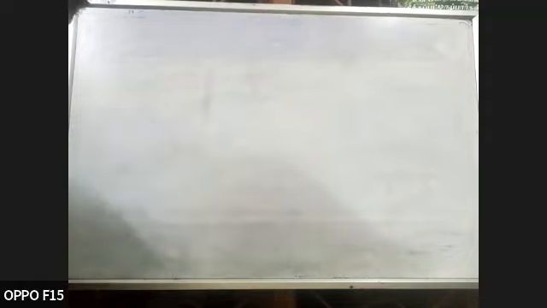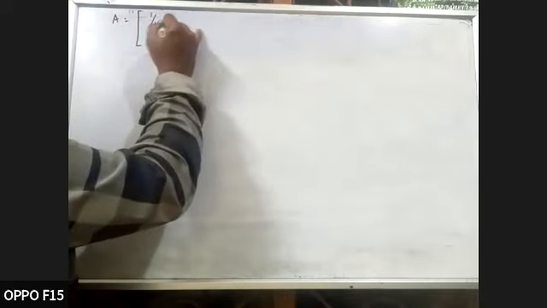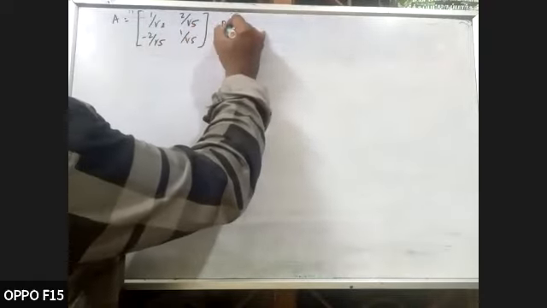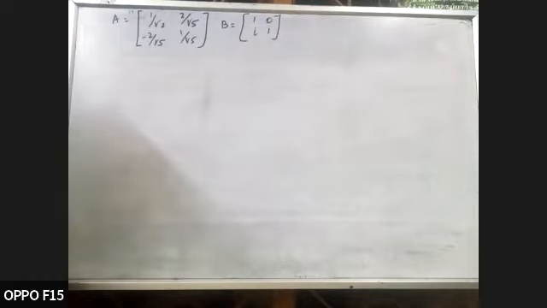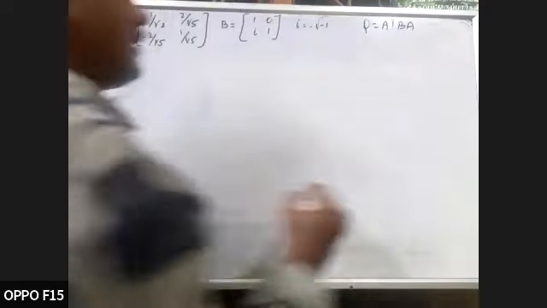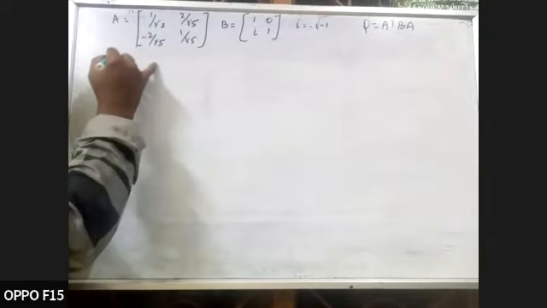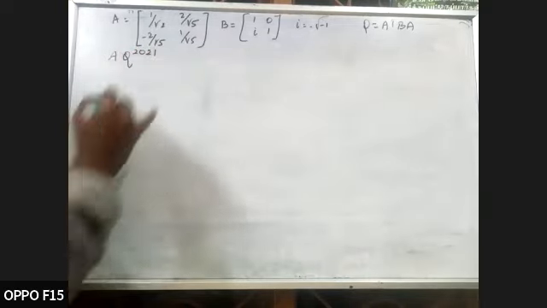If A is equals to [1/√5, 2/√5; -2/√5, 1/√5], B is equals to [1, 0; i, 1], where i is equal to square root of minus 1, and Q is equals to A transpose B A. Then the inverse of the matrix A Q power 2021 into A transpose is equal to,